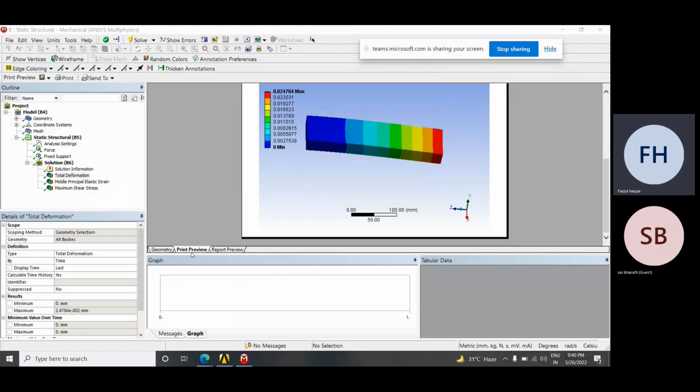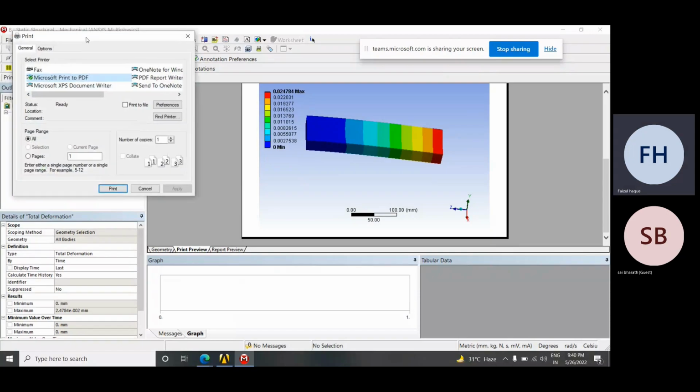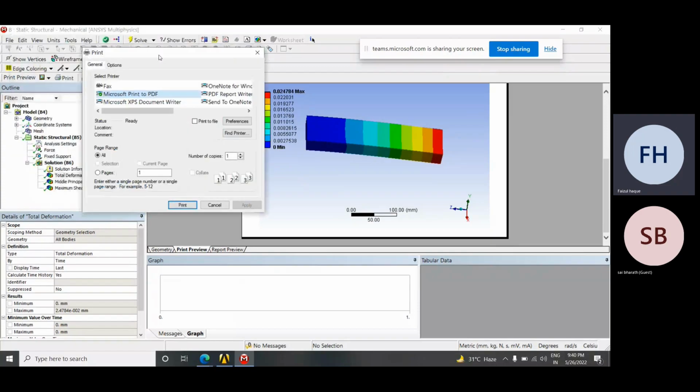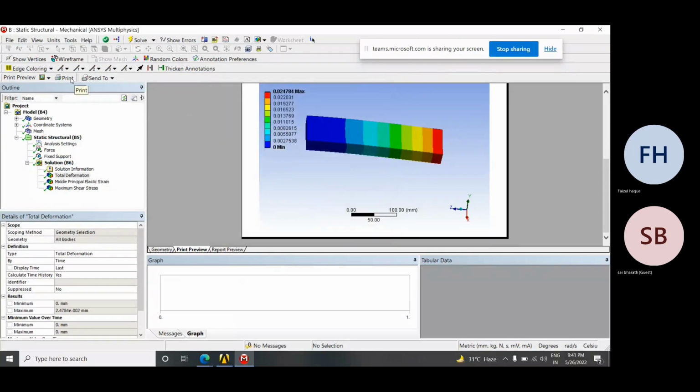So if you want to print this, just click on print preview, and above the outline window we see the print option, which means we can directly print out this part. If the printer is connected, then we can print it. If it is not connected, then we can save it to PDF format. First option is here. And the next option is